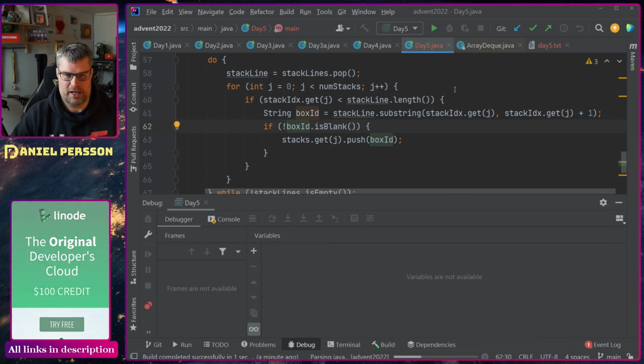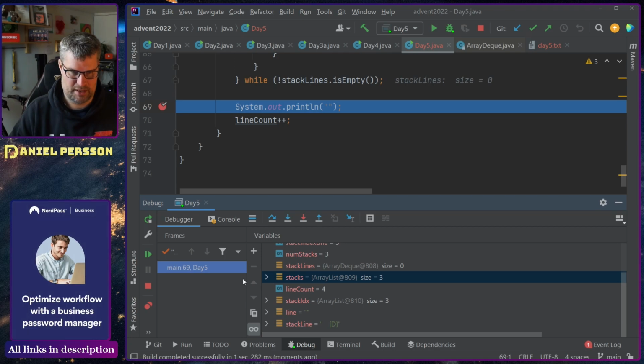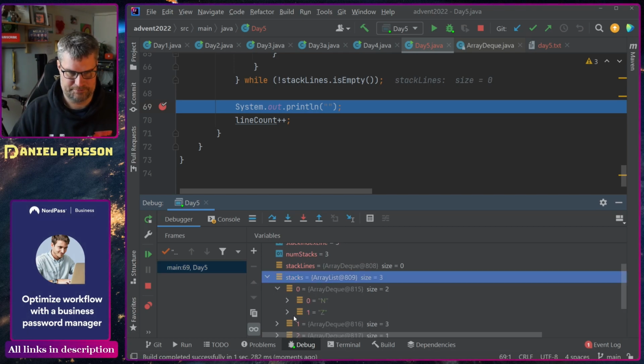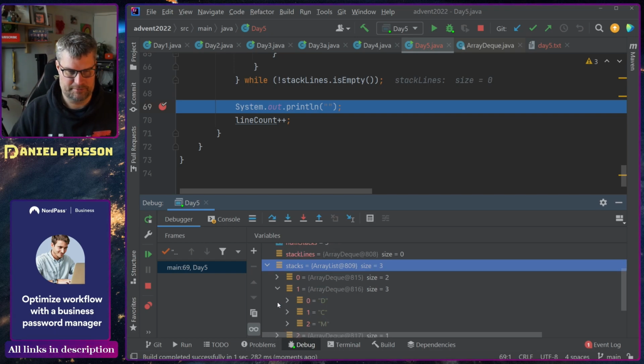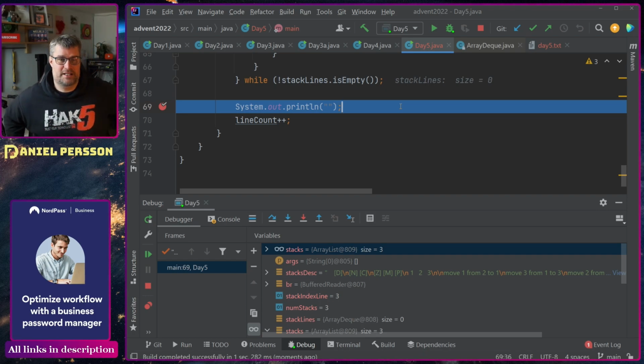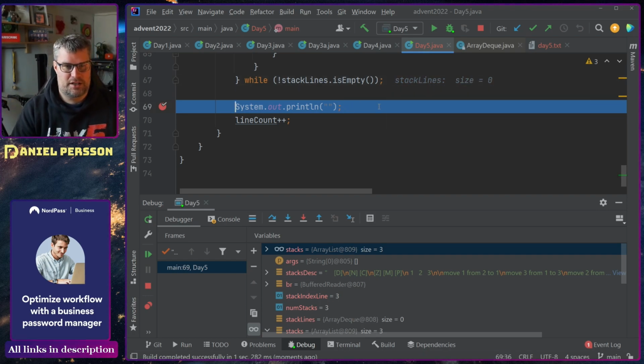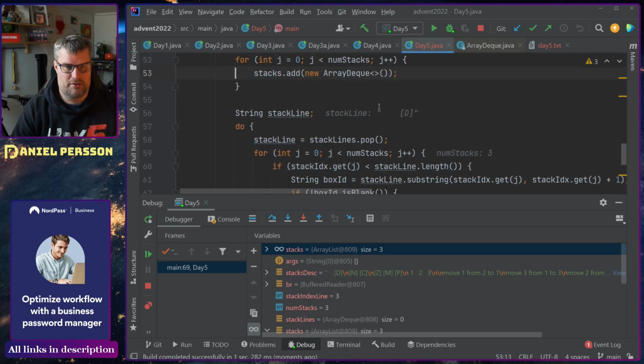So now we will have all of them in there, hopefully. Yeah. So now we have the correct things in the right place. So now it's just a matter of